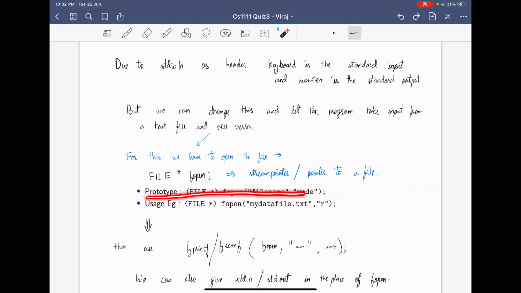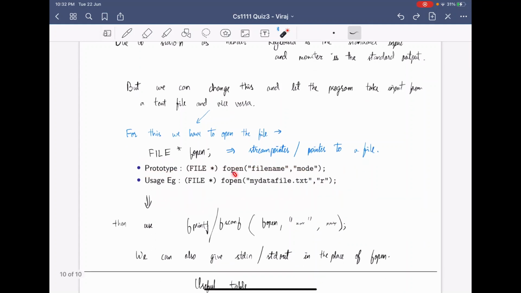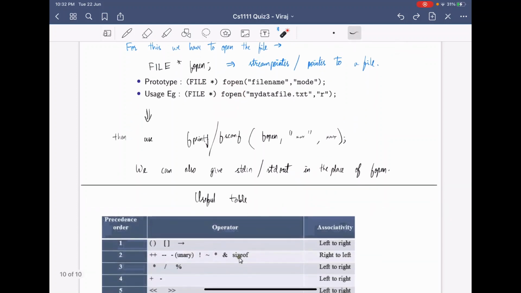For this, we have to open the file first, which has this syntax, where fopen gives the pointer for the file, or stream pointer. This should be the prototype, and I just gave an example. So I'm taking fp as my pointer to the file. Then we can use fprintf or fscanf with it, with the same syntax, except we put the file pointer at the start followed by a comma. Don't forget to use the f when you use another file, or you can do the same printf or scanf using fprintf, but you have to use stdin or stdout.